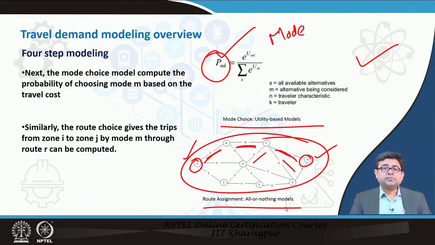Like I said, in this class we are not going to go into details about how you develop these models, because there are other NPTEL courses that go into that. However, when you are talking about urban multimodal transportation systems, you have to be aware of the modeling that goes behind the development of these statistical or mathematical models, how they are developed, and what the parameters are. You have to at least have an idea about it, otherwise you will not be able to follow the next few lectures or the lectures throughout this class.